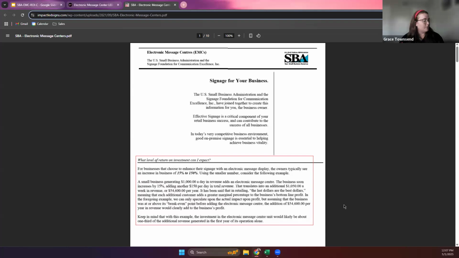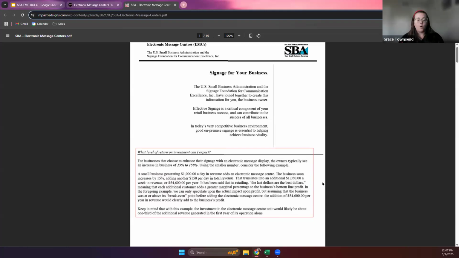Using the smaller number, if we were to calculate it with a business generating $1,000 a day in revenue, by an increase in 15%, that's an additional $150 a day, or $1,050 a week, or $54,600 a year. If their initial investment was for a $50,000 sign, which is a nice sign, that sign will